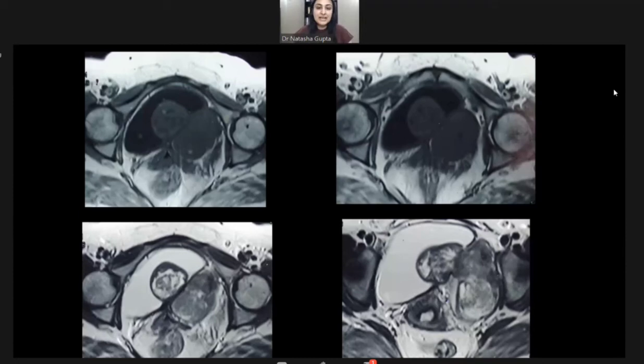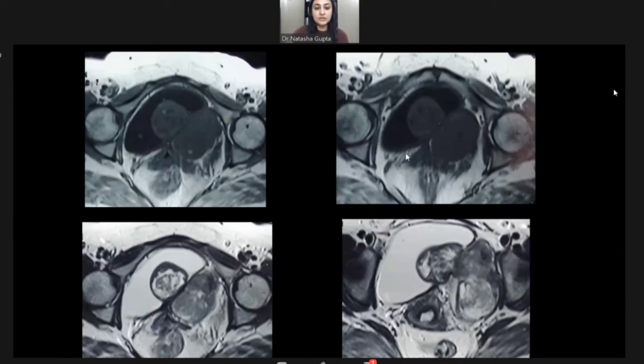Ma'am, I've been given the axial T1 and T2 MRI images. So on the upper two images, which are the T1 weighted images, we can see that again there is this lobulated dumbbell-shaped configuration. The mass is predominantly T1 iso to hypointense to the surrounding muscles. And we can see very, very well-defined margins, ma'am, here, much better than the CT. We can see that there is no invasion, which is noted of the surrounding lateral pelvic wall, as well as the perivesical fat also can be made out quite clearly.